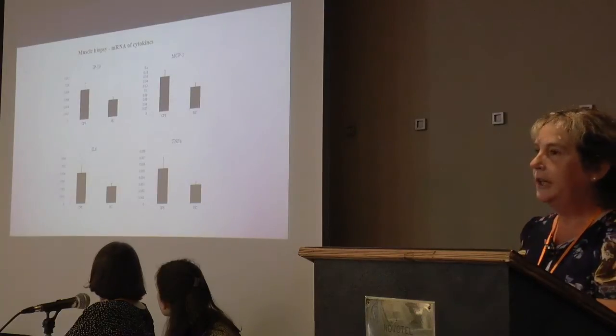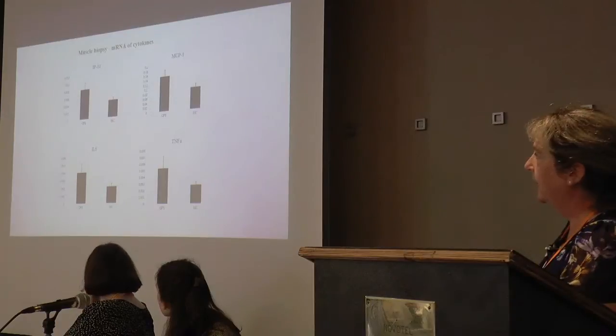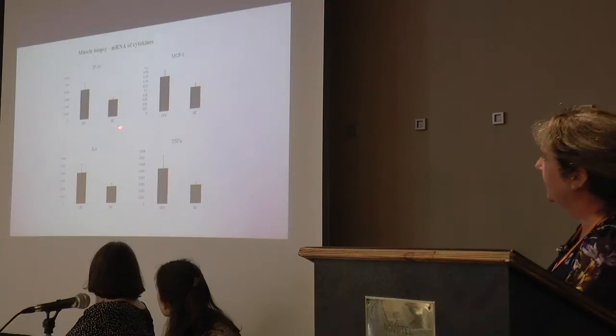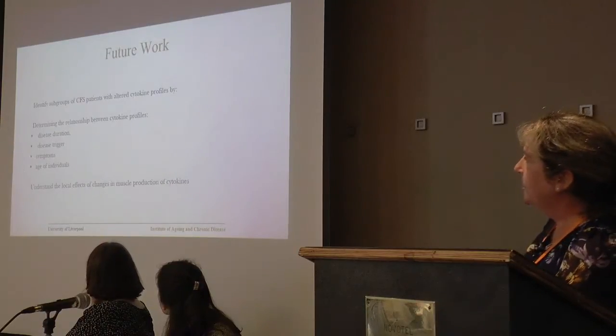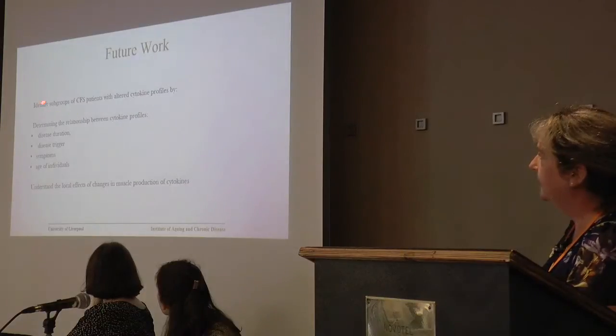So what happens in our patients? When we look at the message levels for cytokines in the muscle biopsies, these 4 of them, interesting that it picks out IP10 and IL-6 again, following Alice, but we see significant elevations in these cytokine levels in the muscles. So our future work is really focusing at the moment on identifying the subgroups of chronic fatigue patients with